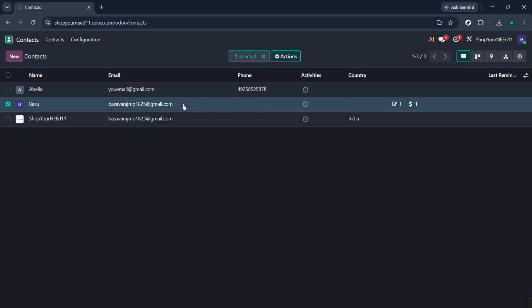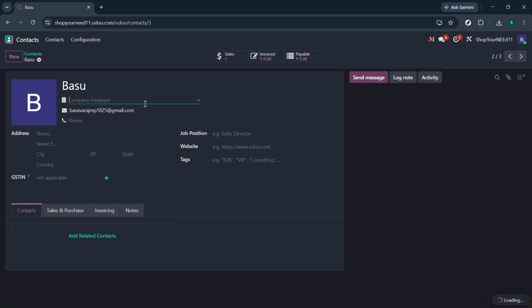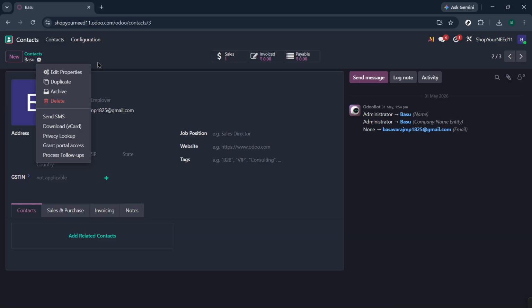Now, with the contact selected, you're going to look at the top bar of your Odoo screen. Here, you should see an action button. This button is essential for performing various tasks related to the contact. Click on that action button. It may sometimes show options that will more clearly indicate what you can do with that contact, including the option